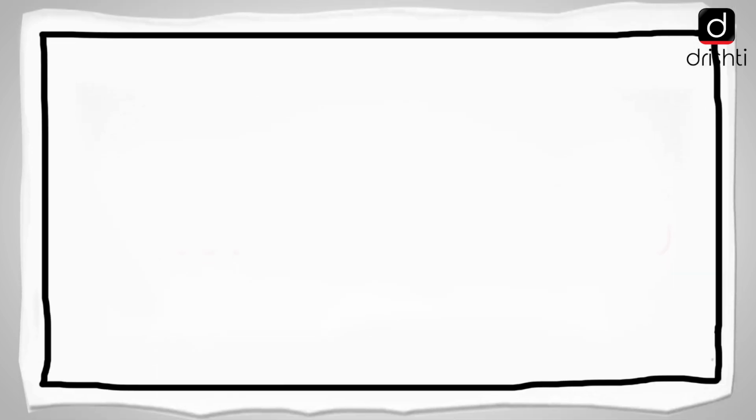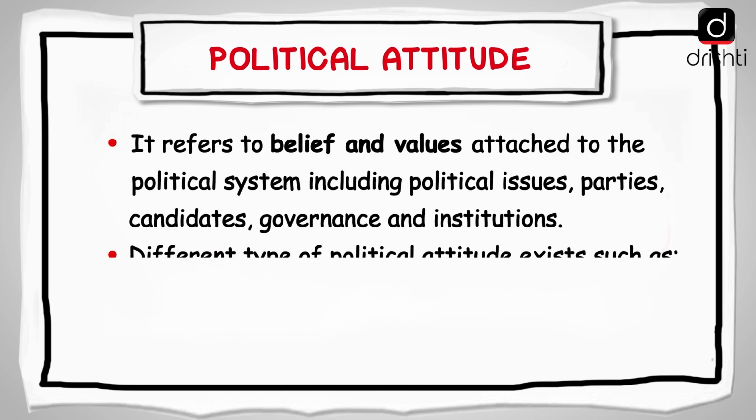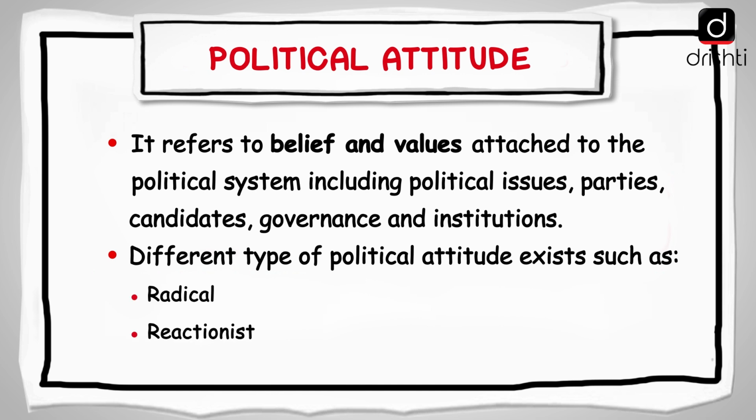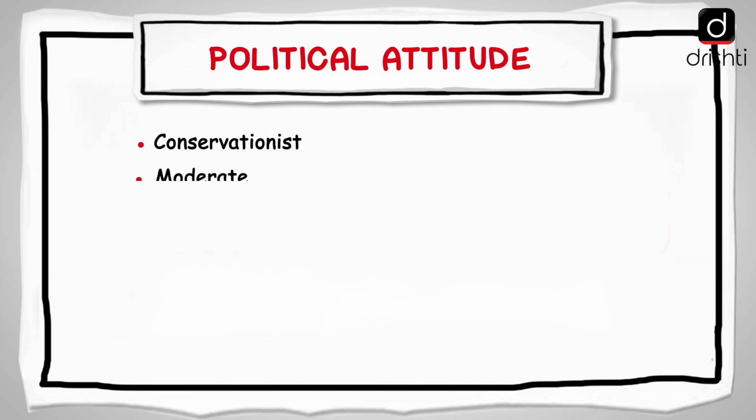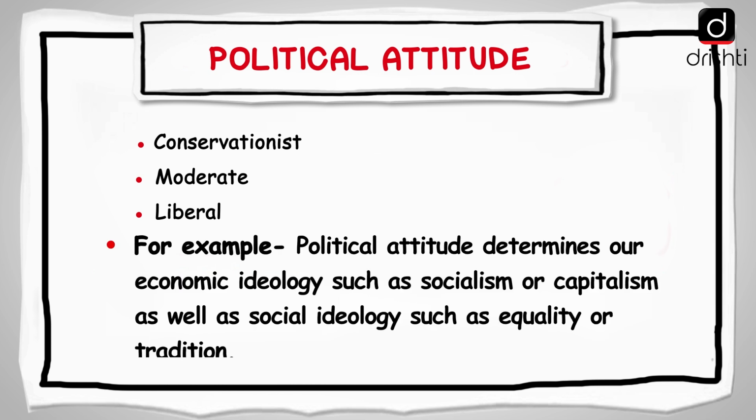Now let's focus on political attitude. It refers to beliefs and values attached to the political system, including political issues, parties, candidates, governance, and issues. Different types of political attitude exist, such as radical, reactionist, conservationist, moderate, and liberal. For example, political attitude determines our economic ideology, such as socialism or capitalism, as well as social ideology such as equality or fetish. Having discussed almost everything about attitude, now we will try to understand the relation of attitude with